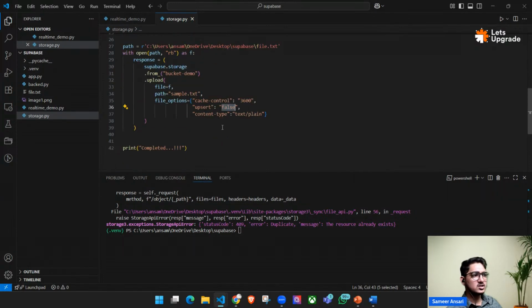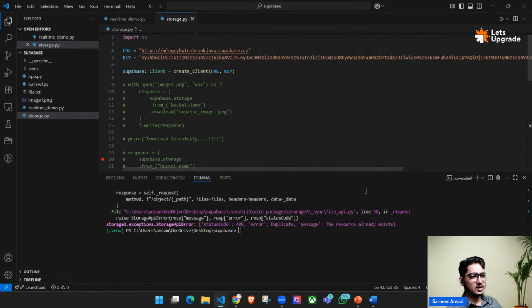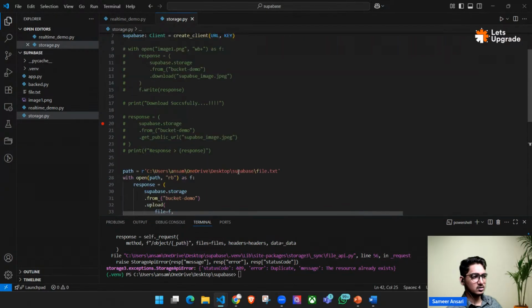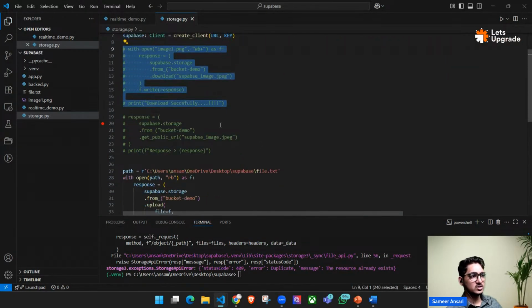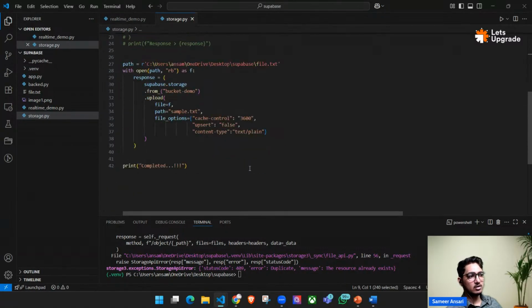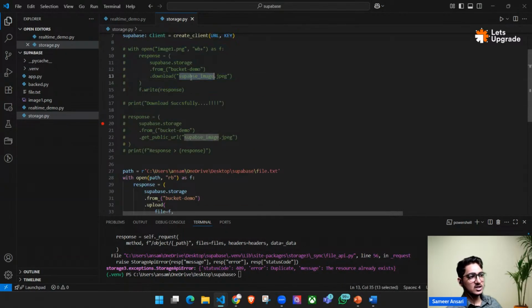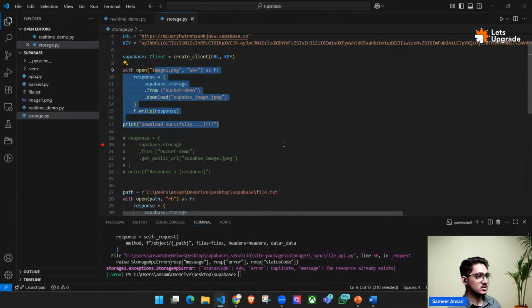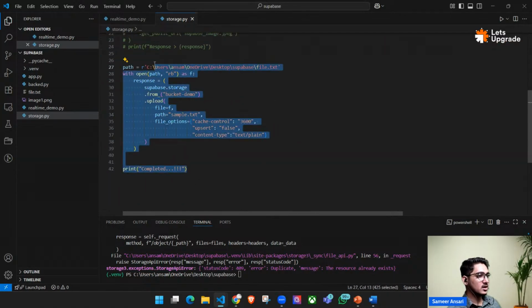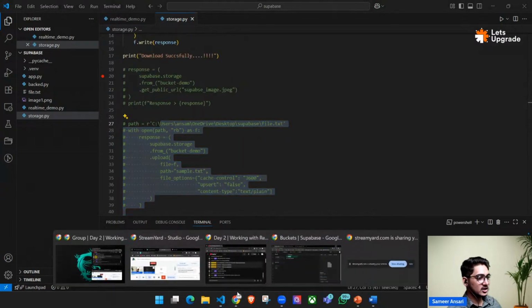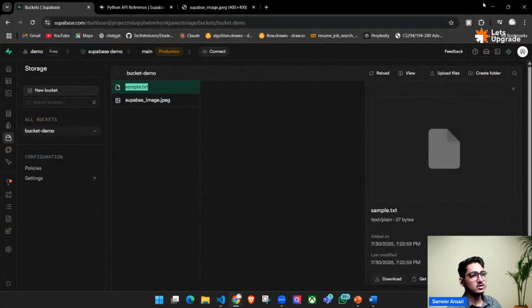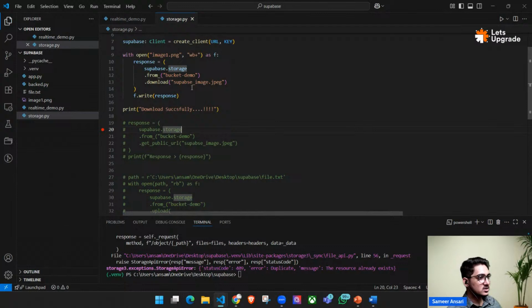Okay, so this is how we push the data, and I have explained how to get the link as well, how to download the data. If I want to download this same text file, I will just change the path. Let us change that. Okay, so what will I do? Now I know what name I have kept on the dashboard, sample.txt. So I will simply say sample.txt, this is the file I want,